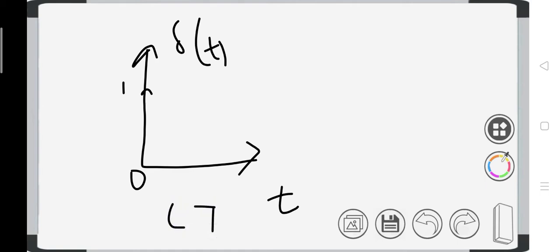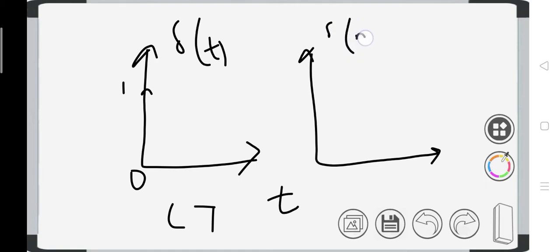This is the continuous time representation. In discrete time, if we see del of n with respect to n, it is represented as a dot at the discrete value, 0 and 1. Here n with respect to del of n is the discrete time nature, and the other is the continuous time nature. This is the impulse function, its condition and graphical representation.